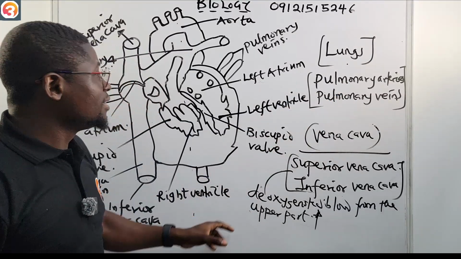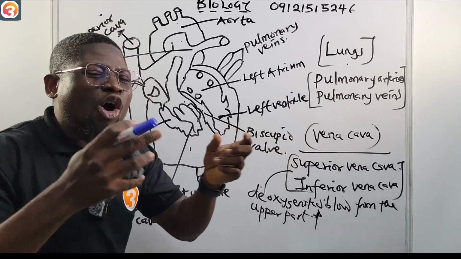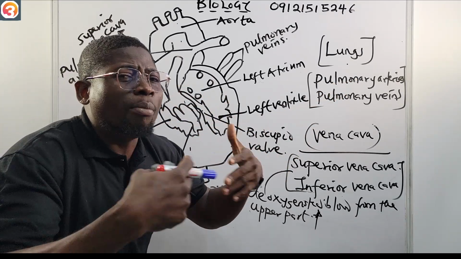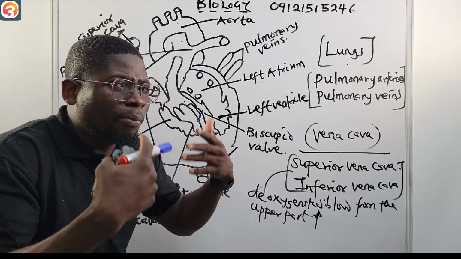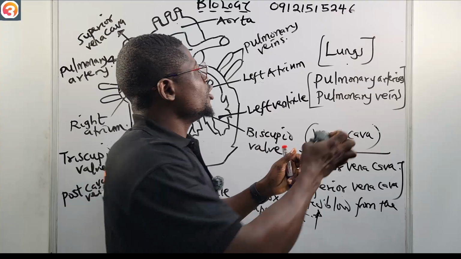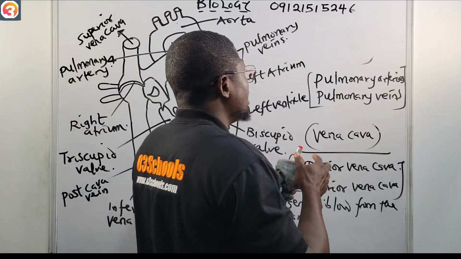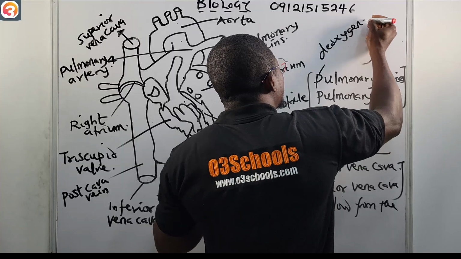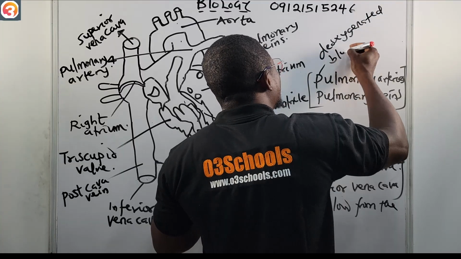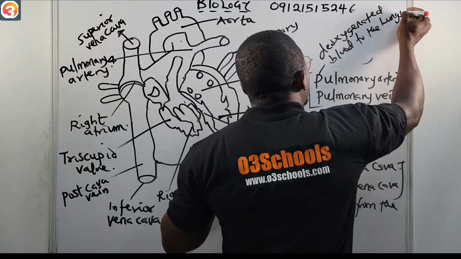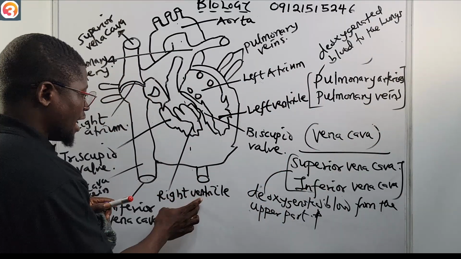So the function of this pulmonary artery is to carry oxygen-poor blood, or deoxygenated blood. This pulmonary artery carries deoxygenated blood to the lungs. So now the right ventricle has pumped the blood